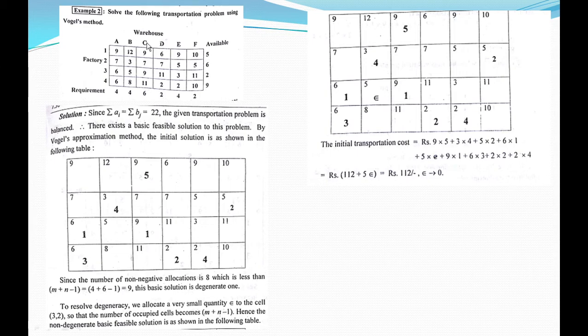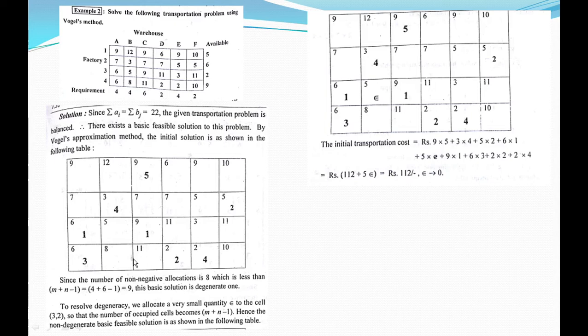So after finding this, let me explain this problem. First you have to check whether the problem is balanced or not, and you are checking that it is balanced, so there exists a feasible solution. By Vogel's approximation method, first you have to find the least in this, which is least 6. Next least is what? 9. So the difference between 6 and 9 is what? 3. That's penalty 1, the first row penalty. Like that, for each and everything you have to find the penalty,